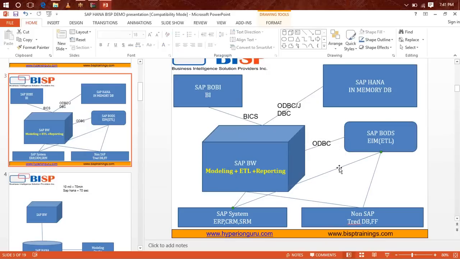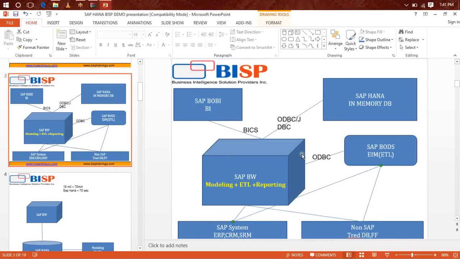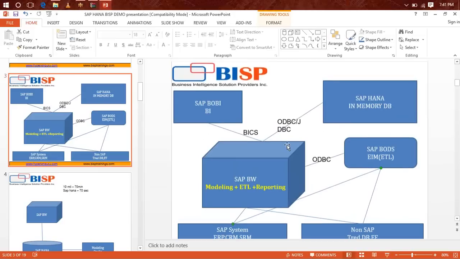Well, now in the market a new architecture is coming up, which is going to give you end-to-end data warehousing functionality. Instead of designing a data warehouse in SAP BW, if you have SAP HANA, SAP BOBI, and SAP BODS implemented, you can design a data warehouse by using them. HANA can work as a database and it has a modeling feature, where the ETL can be done by BODS